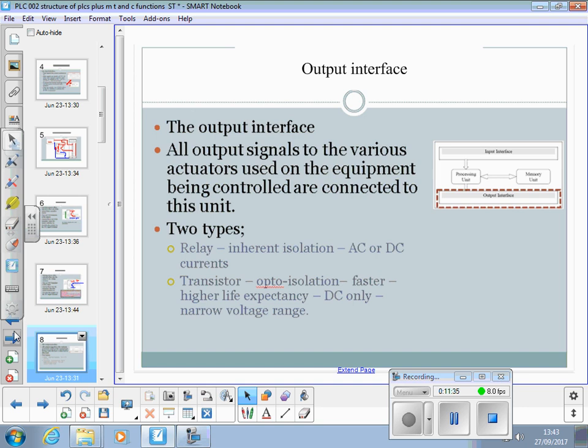Okay. Output interface. This is the other end of the PLC that deals with the real outside world. All output signals to various actuators used on the equipment being controlled are connected to